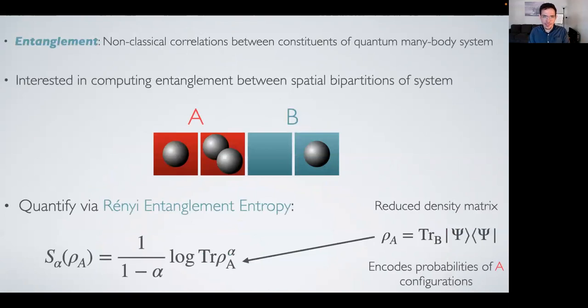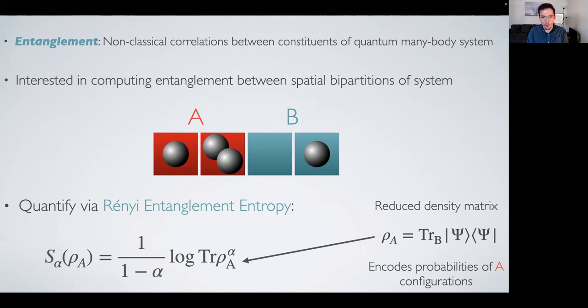A quantum many-body system is entangled if its constituents are non-classically correlated. For this project, we will be looking at the entanglement between spatial subregions of a system. To quantify entanglement, we will be using the Renyi entanglement entropy, which is this expression at the bottom, where alpha